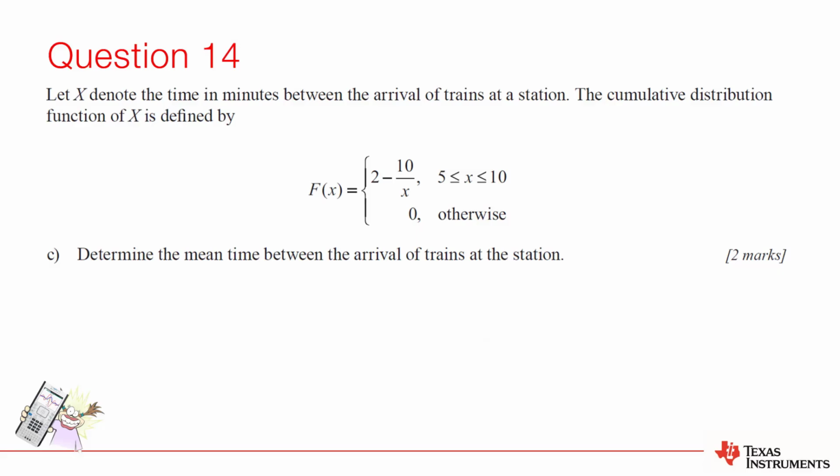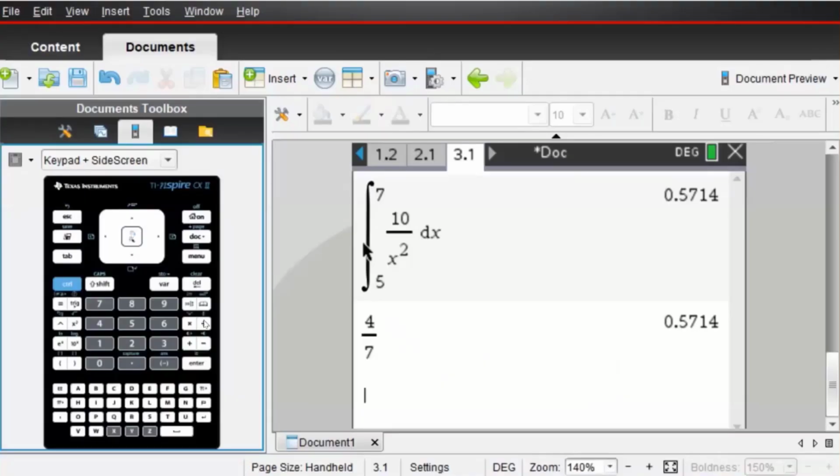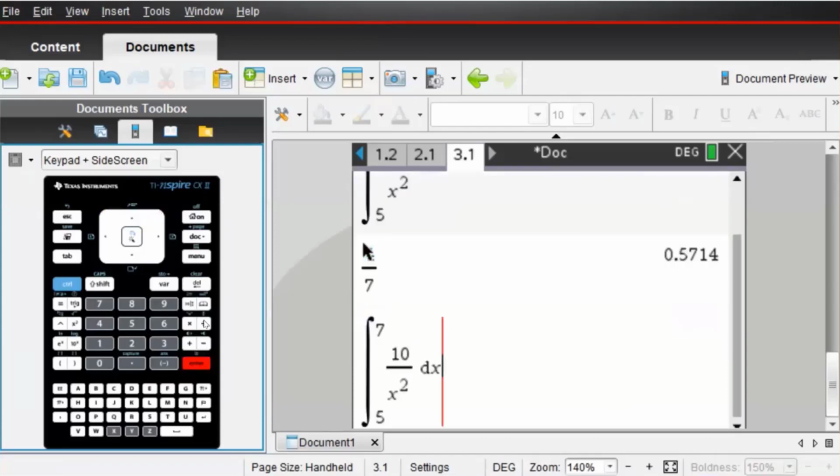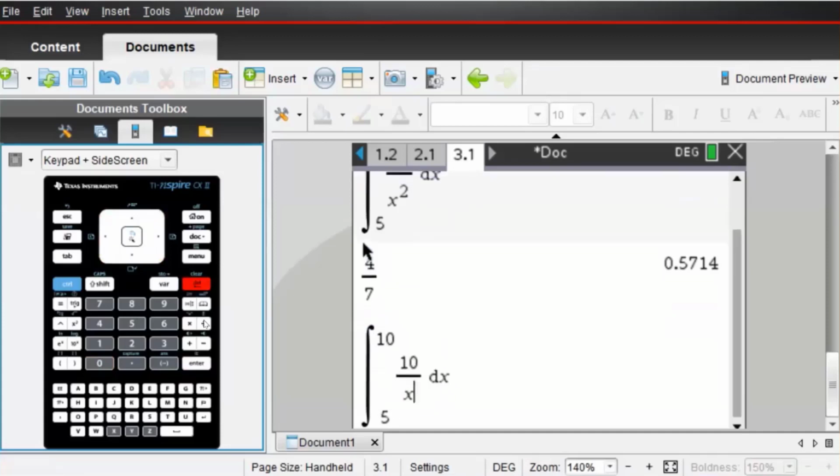Okay, part C of this question asks us to find the mean time between arrivals at the station. Well, what's the mean time? The mean time, the expected value, is just the integral of x times f of x dx between the two values. So once again, we'll just go to our calculator. If we think about this, it's defined between 5 and 10. So I could just press my up arrow a couple of times and edit this to between 5 and 10, and if it's x times it, then it's just 10 over x. And that gives me